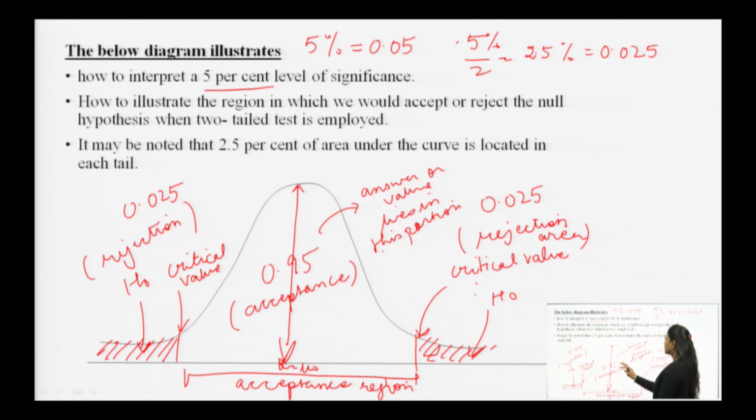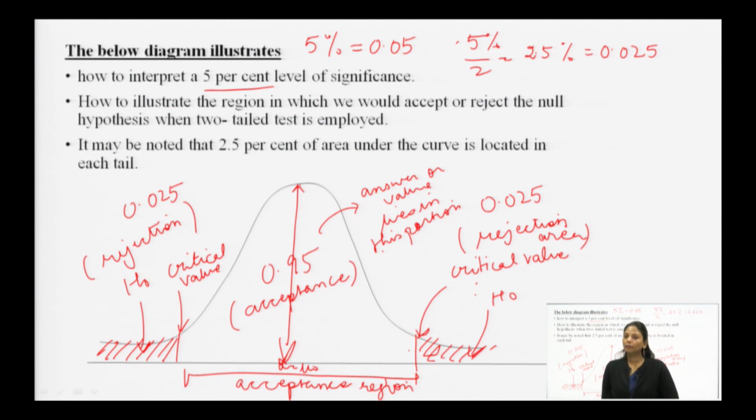Therefore, this is the area in which my answer belongs when I am accepting this area and rejecting the other parts, the tails. Whereas if I am rejecting the major part and accepting the tails, that leads to an error, or this leads to acceptance only when my answer is put into this part.